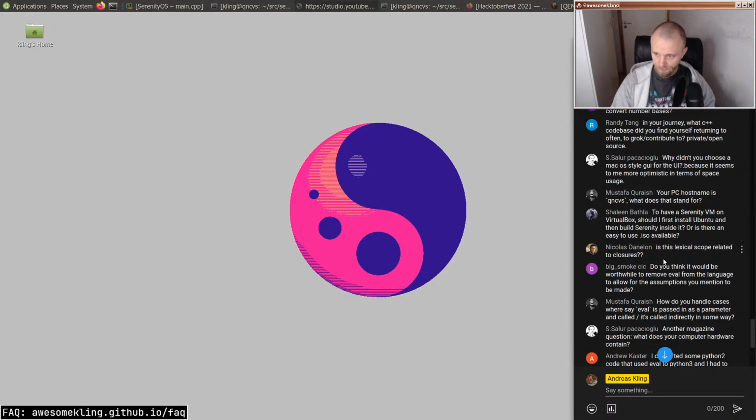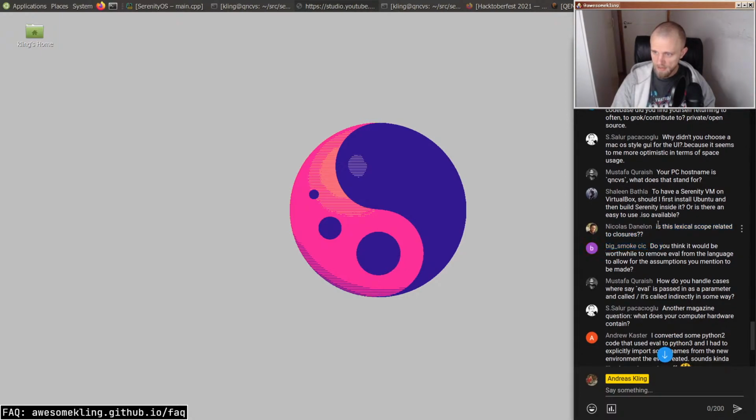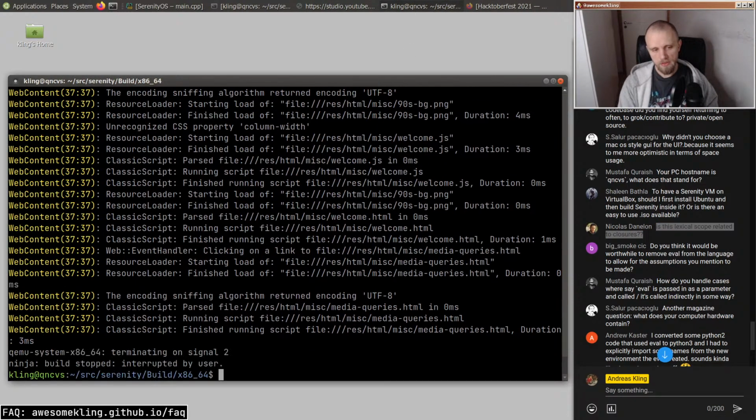Nicholas says, is this lexical scope related to closures? So the lexical scope is related to let and const. Let and const follow slightly different scoping rules than var in JavaScript. So